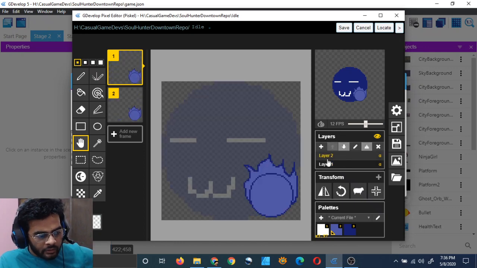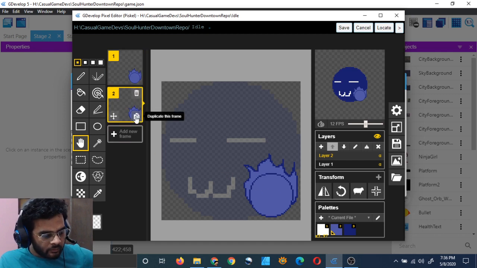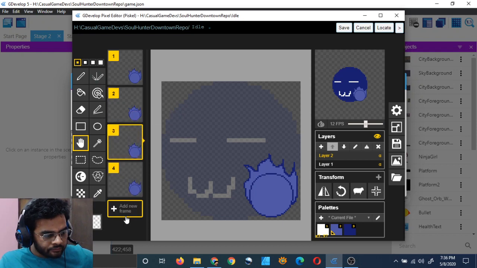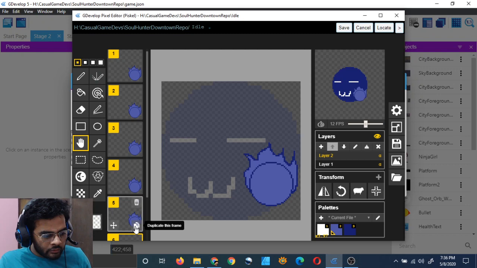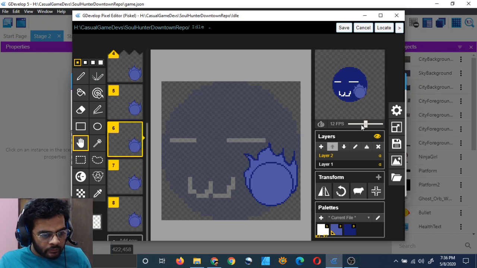I believe they are there, and in this frame this will be the same, and for 4 frames it will be like this, and then for the fifth frame it will be something different. I think I will move it up, and then 4 frames for that.